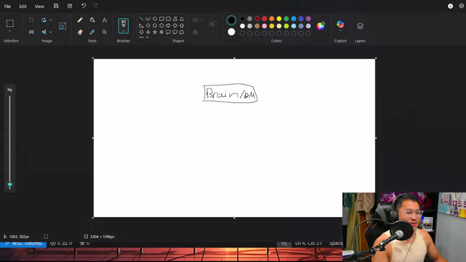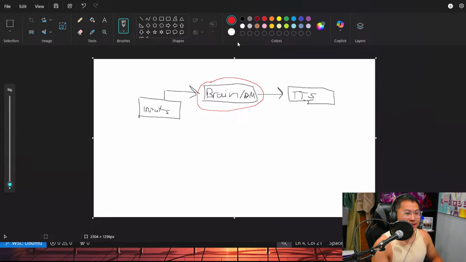It's like a PM. And we are going to have a bunch of different inputs, which is going to output pretty much TTS. The end is TTS, but the complexity is this brains part,